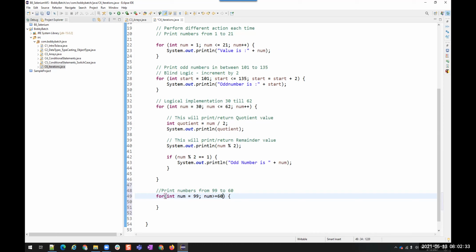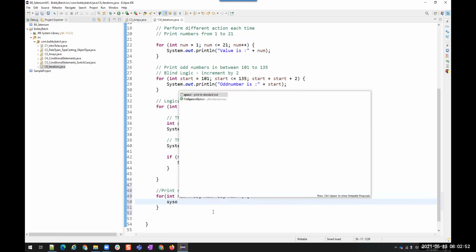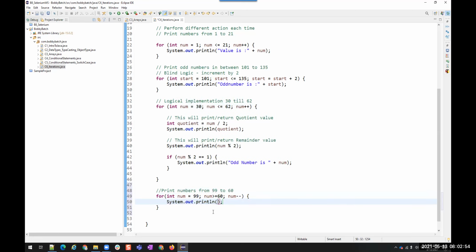Exactly, number should be greater than or equal to 60, and num is equal to num minus 1. So we are reducing by 1, so I can use num minus minus. That will be my decrement operation. Okay, and then what do I want? Print the number. That's all. So now this is going to print the numbers in reverse order.